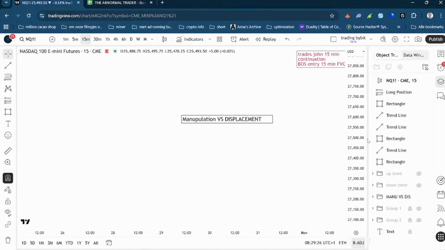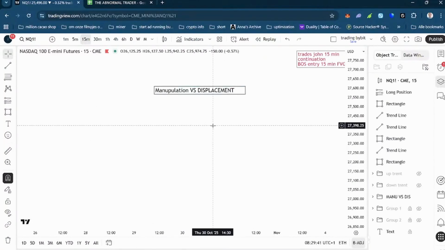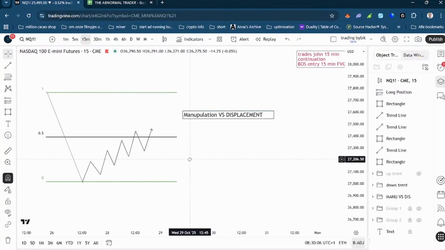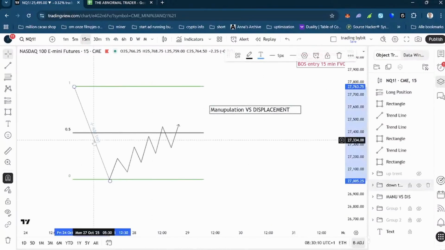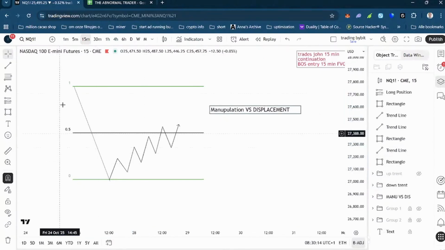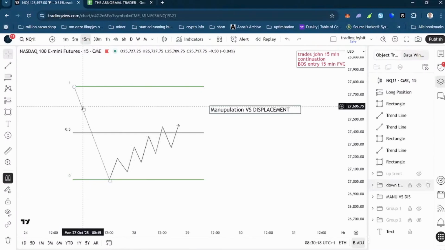The small lesson today is going to be about manipulation and displacement. So why is it important to know what manipulation and displacement is? I'm going to explain it like this. Once we actually have a movement, so if you have displacement,